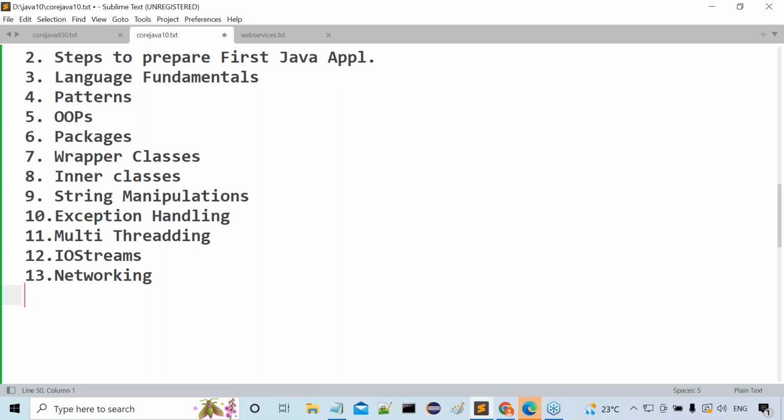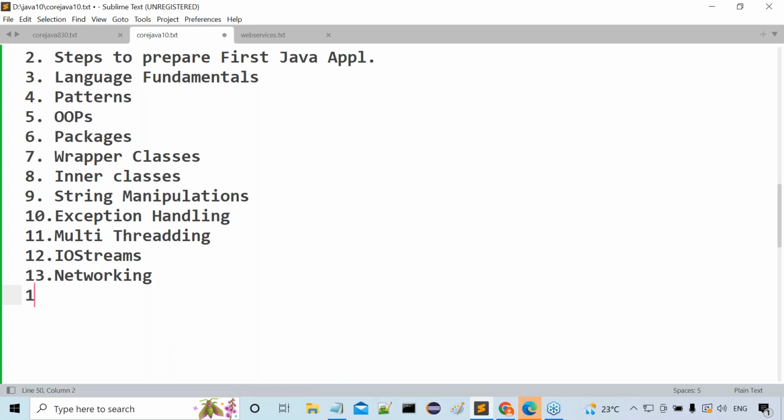Of course, this is an outdated topic. In core Java, nobody is going to use it, but its internal concept is required for us to move forward in Java. If you want to go for EJBs, leave that. If you want to go for RMI or web services, we require these networking basics. What is a socket? How to establish a connection between sockets? We are going to use these concepts in the future. Really, networking from core Java is not useful outside, but its concept is very useful in future technologies. Because of that reason, I must discuss these networking concepts even though they are outdated. Conceptually we have to understand, and programmatically also we have to understand clearly. Because of that reason, I am discussing these concepts now.